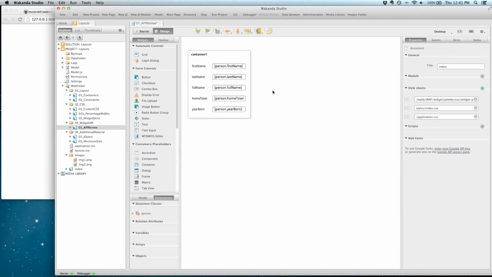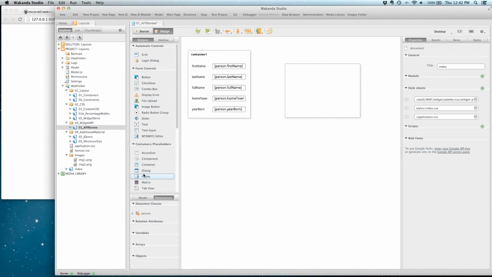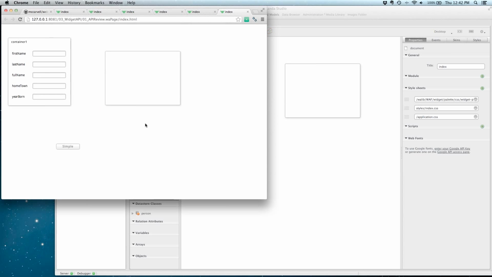So I'll go into API review, and all I've done, I had a more interesting layout before, so let's create a more interesting layout. This will be container 2, and let's take a button, and that is button 1. So I'm going to save that. I'm going to demo this pretty much in the console here. So as I showed you before,